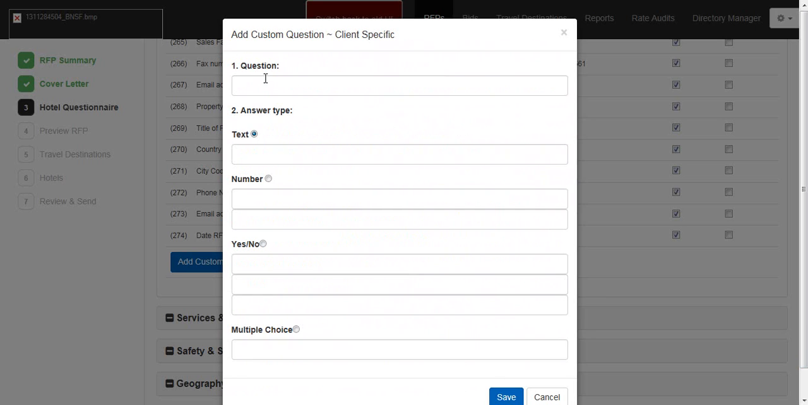And depending on the question you have will be the answer. We've got 3 answer types. Text, numbers, so they can add a number 1, 2, or 3, a yes or no, and then we even have an option for multiple choice. So if I ask my custom question to be if they deliver welcome gifts, let's do that. And let's say, do you deliver welcome gifts? And of course, this is